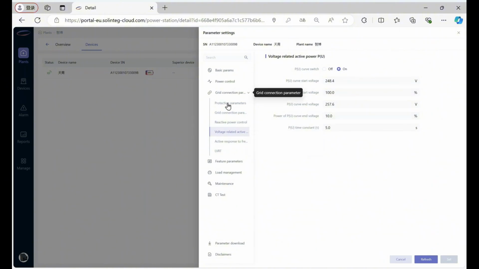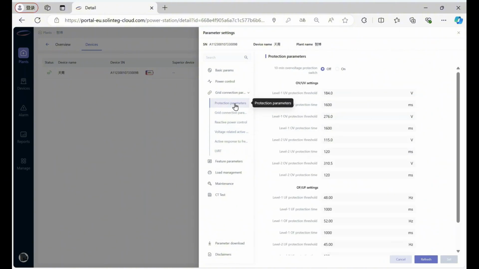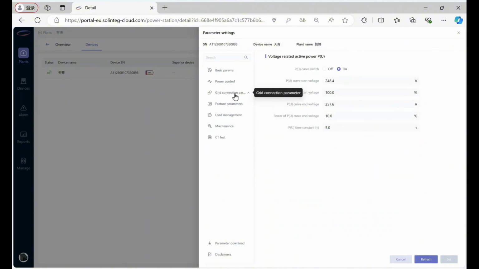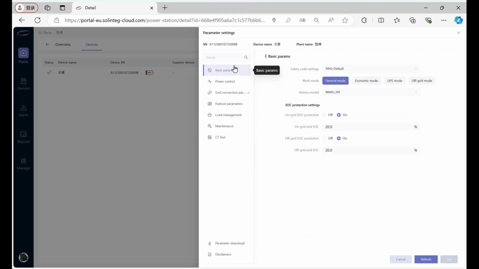And if you want to change the parameter, change the value in these settings, you can connect with our after-sale team, and they will help you to change the value in the grid connection parameter. Okay, and other settings like the basic parameters. Here you can see we have the safety code settings, and you can choose the safety code for the region,